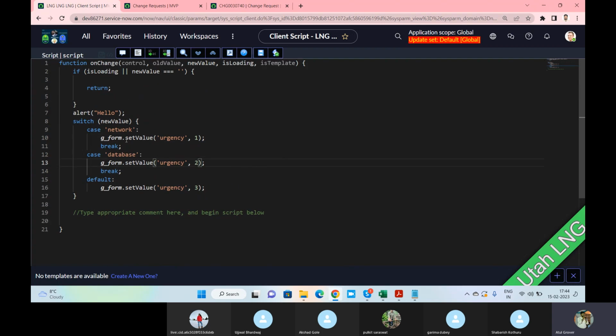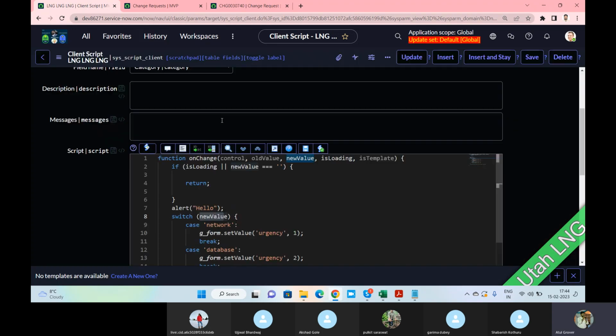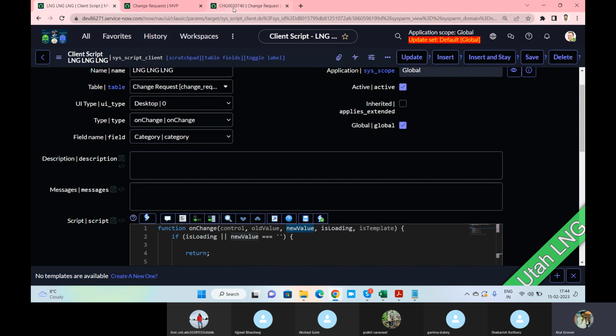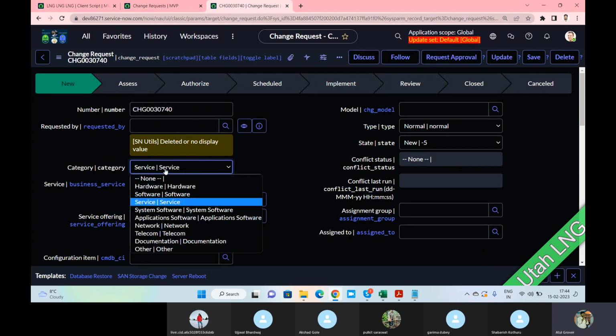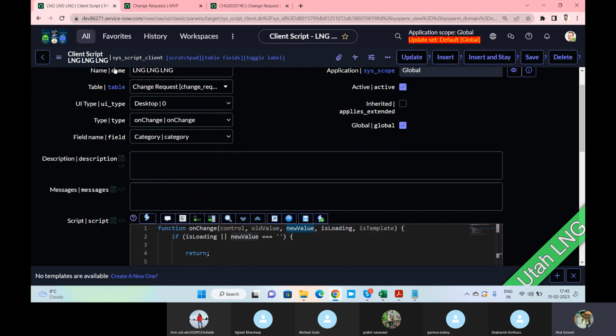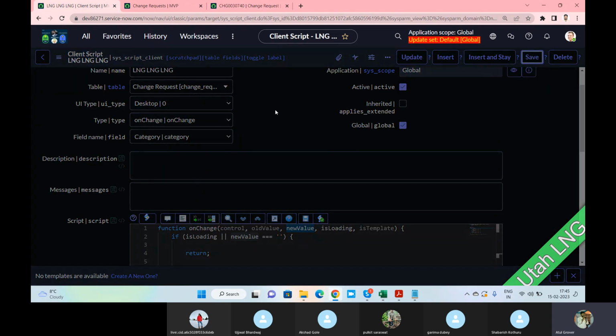So what it's doing is it switches on the new value, and the case is network, then set the urgency as 1. It is running on the category. What are our categories? We have a category called network, so this code will work for us. So now what will be happening? Let me save and show you